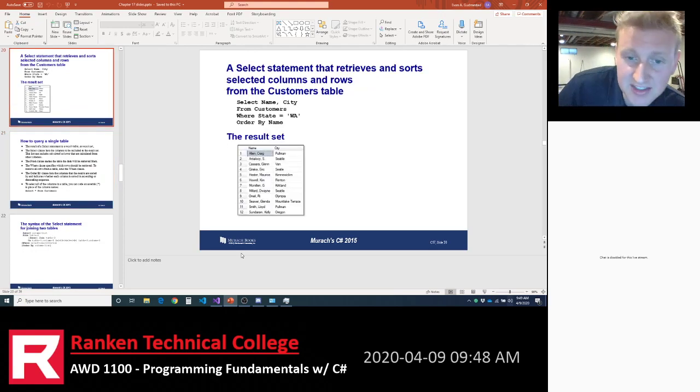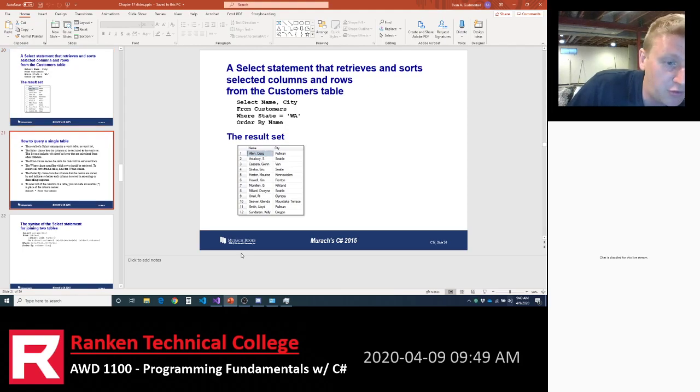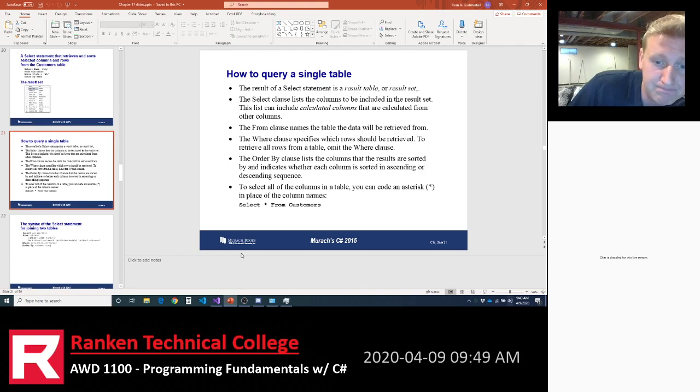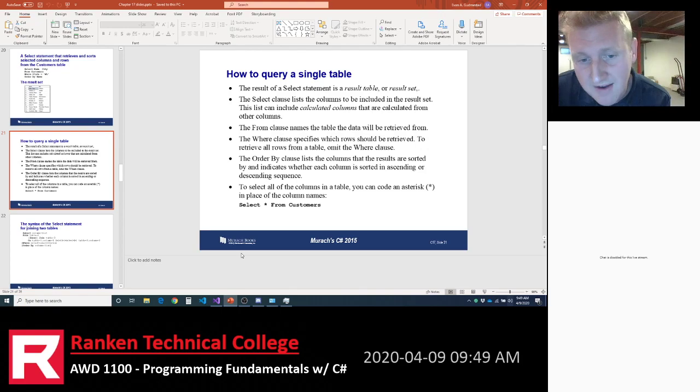And so what you're looking at is called a result set, right? That's not a table itself. It's just the result of a query. It looks like a table, but that table is not stored in the database anywhere. It's just the data that's in a table format. That's called a result set. There is a query at the bottom of slide 21 that's kind of a, hey, just give me all the data, is select star. Select star from customer says give me every column from the customer's table.